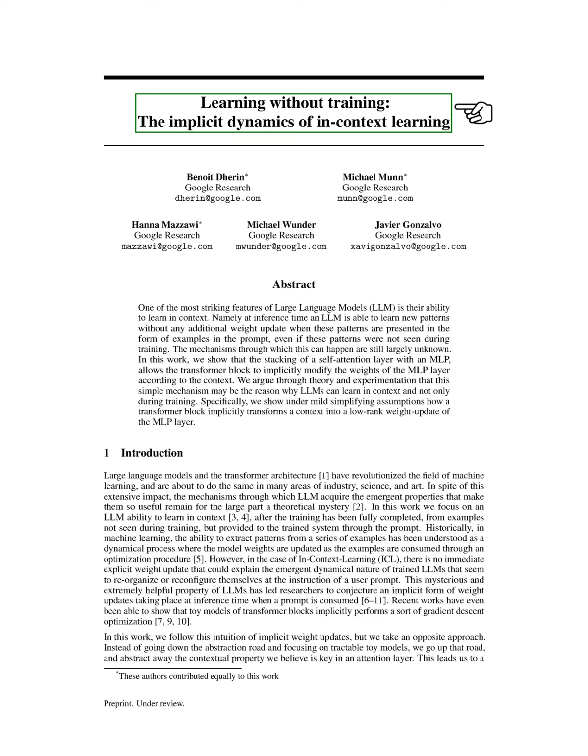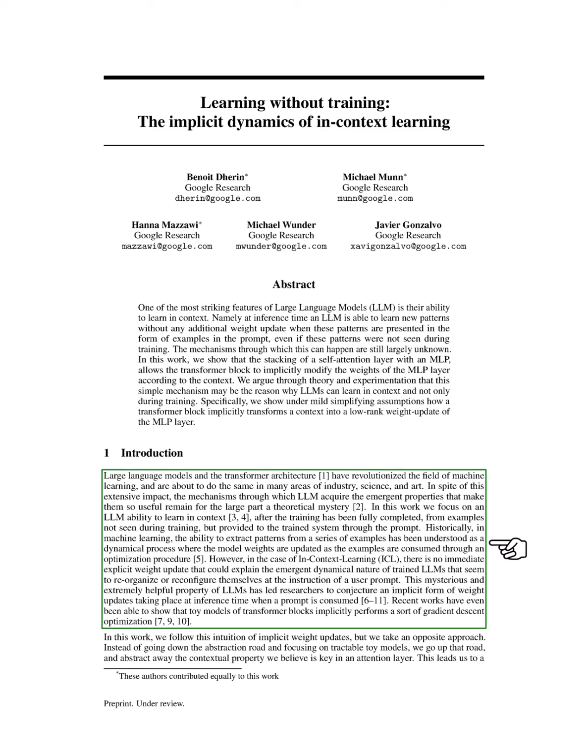Section: Introduction. In this section, we discuss how large language models and the transformer architecture have transformed machine learning and are poised to impact various fields like industry, science, and art. Despite their significant influence, the exact ways in which these models develop their useful properties remain largely unclear. Our focus is on the ability of these models to learn from new examples provided through prompts after their initial